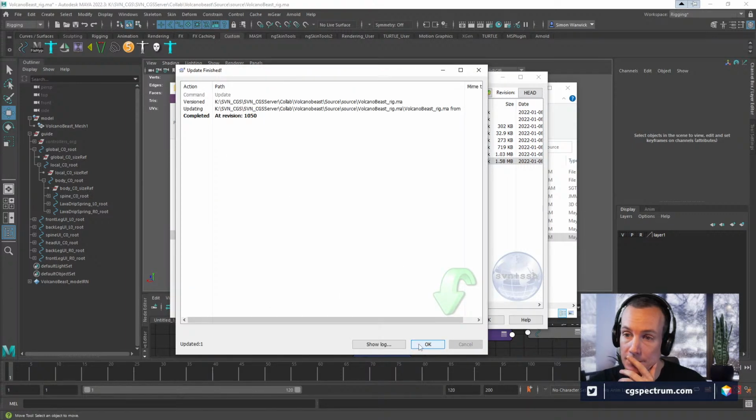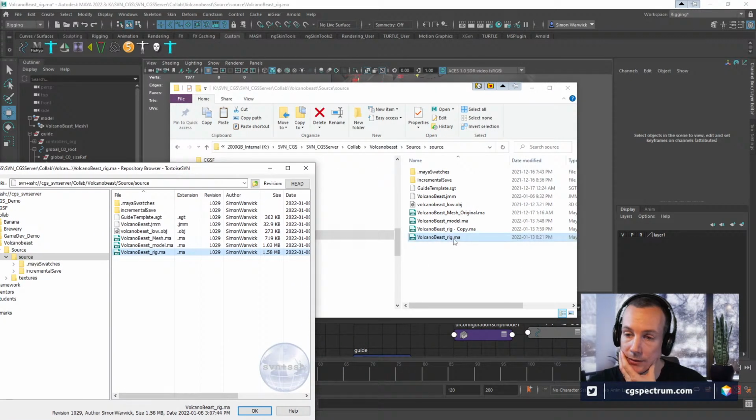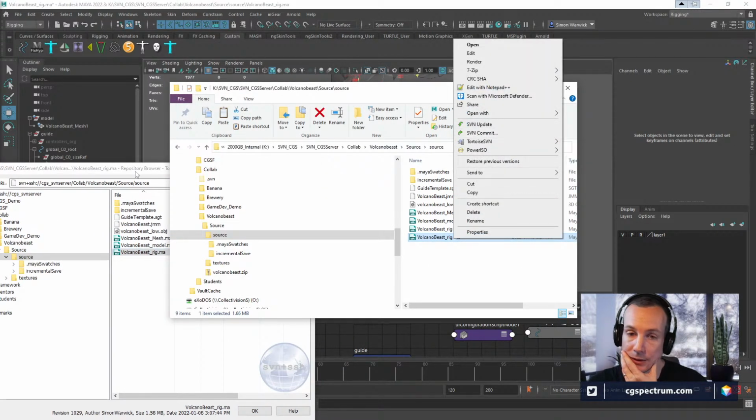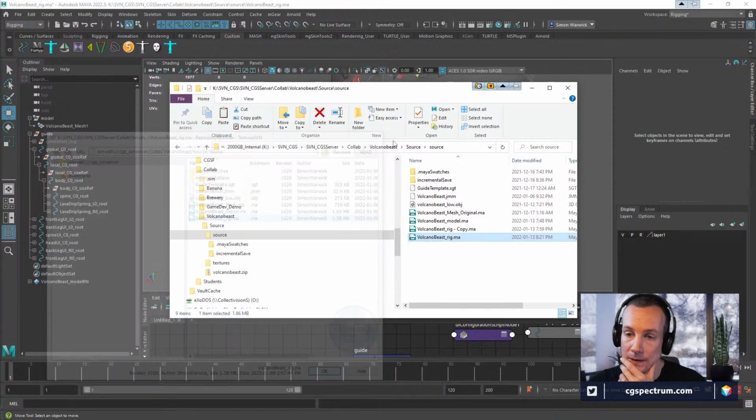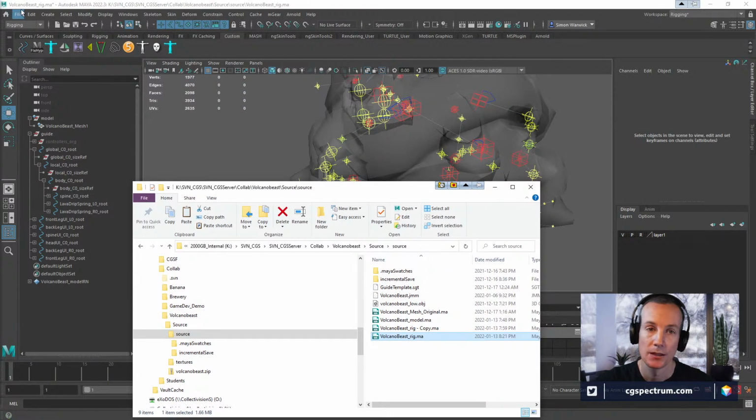Okay. Now when I right click on it, there we go, looks better. So complicated. Okay. So unfortunately I lost the version that had my recovery.